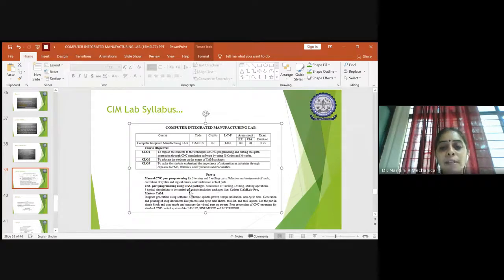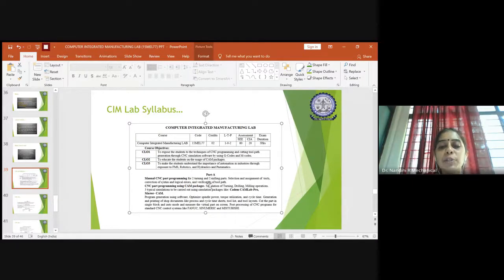Before going to the CAM packages, first you will write the manual part program for the given product. You'll write the manual part program for 2 turning operations and 2 milling operations. You have studied which turning operations come into the picture with respect to the lathe and milling machine, right?